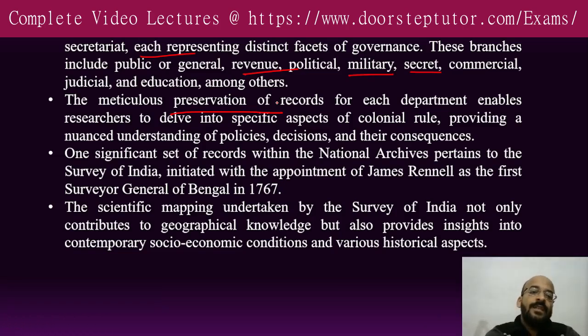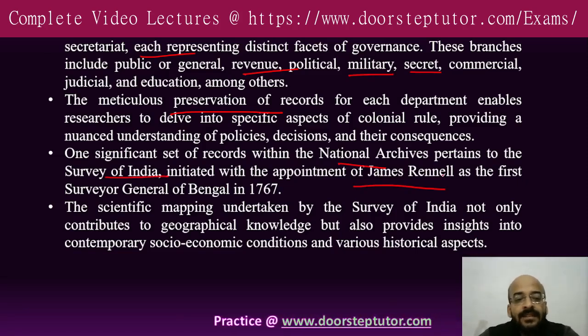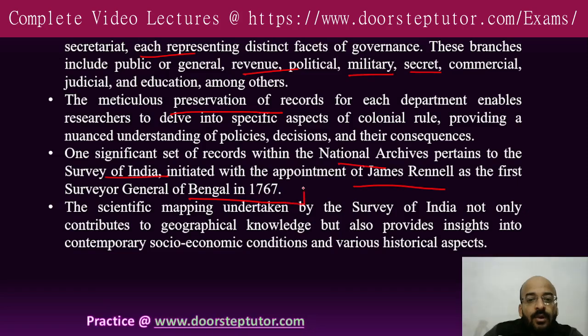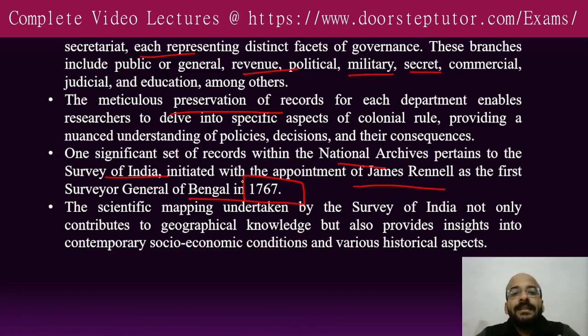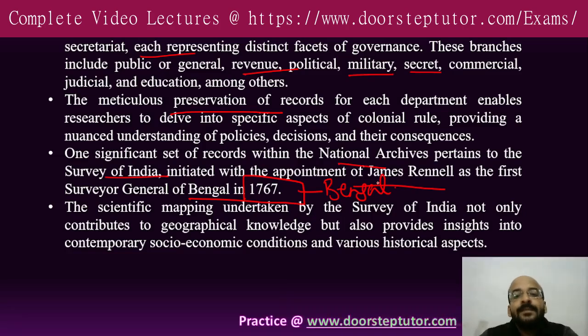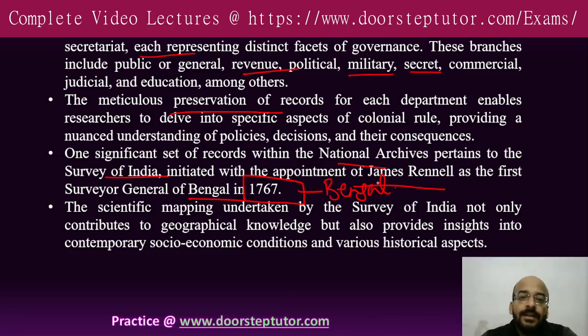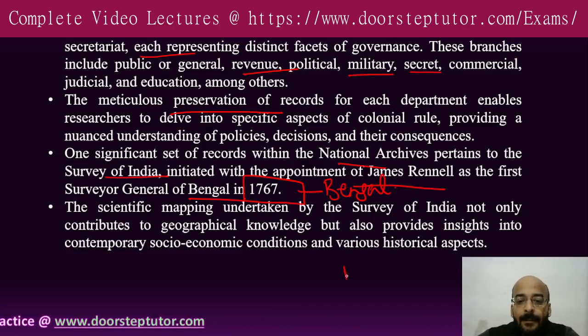So one of the significant sets of records in the National Archives pertains to the Survey of India, which was initiated by the appointment of James Rennell as the first Surveyor General of Bengal in 1767. So he was the first surveyor who started surveying the land of India, and this survey started from the Bengal province, because Bengal is the region where the East India Company first started controlling their area after the Battle of